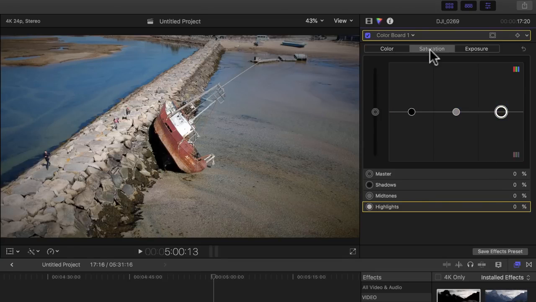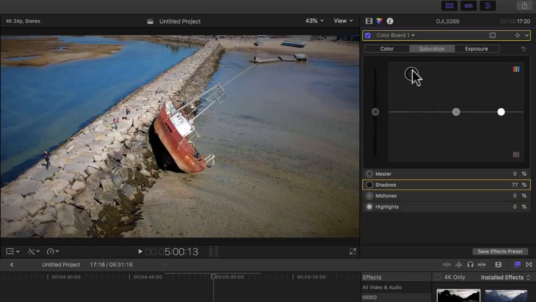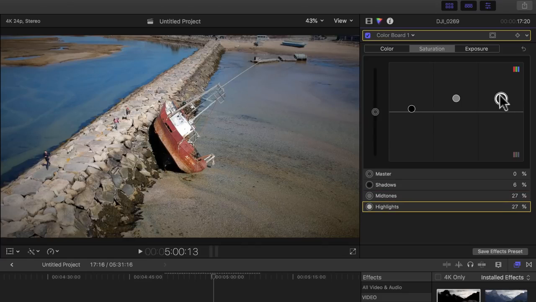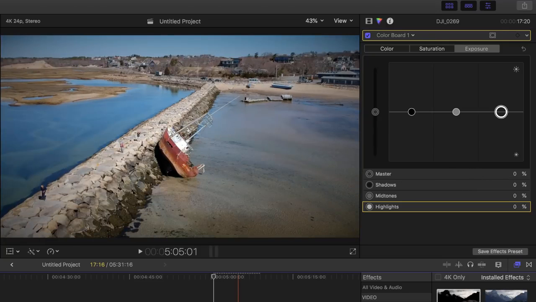So in this case, I'll just add a little bit just so you can kind of see what they do. See, if you add too much saturation, it looks fake, and areas of the screen that are red just really don't look so good. Your midtones, I'll give it maybe a little boost there. And my highlights, which if you could see the sky, you'd really see that affect it a lot more. And then, of course, our exposure levels. So you get this the way that you want, you apply it to your shot,